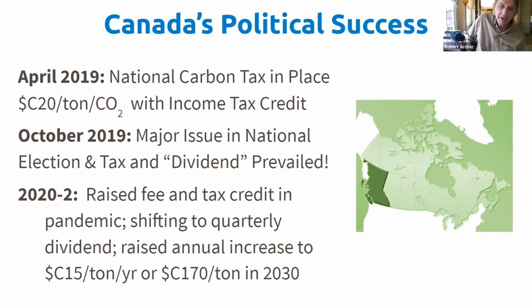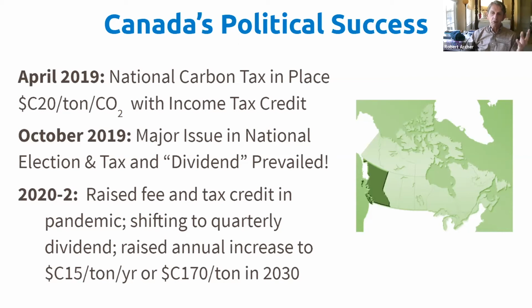So how did this happen politically? First, the 2019 federal election, right after the carbon tax was put in place, validated that tax despite strong conservative opposition. And second, when the annual increase took place in April 2020, during the coronavirus economic recession, it proved political durability. Prime Minister Trudeau was quoted as saying, "Our plan on pricing pollution puts more money up front into people's pockets than they would pay with a new price on pollution. We're going to continue to focus on putting more money in people's pockets to support them right across the country." The power of that dividend concept.